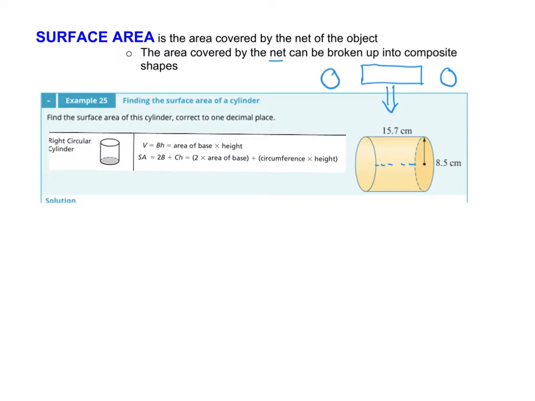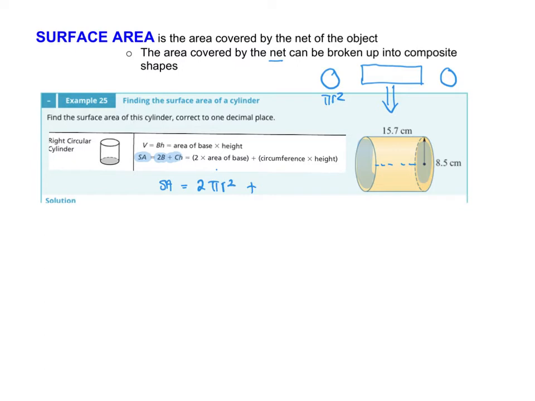Sometimes we can already have the formula done for us. If you look on your formula sheet, you'll see that we call it SA, surface area, and they're saying it's two of the bases, so the two circles, plus the circumference and the height. The area of a circle is pi r squared, so the surface area of a cylinder, there's two circles, so 2 pi r squared, plus